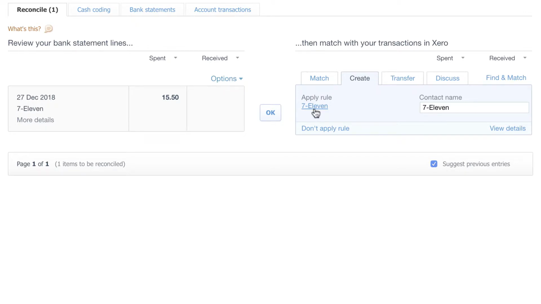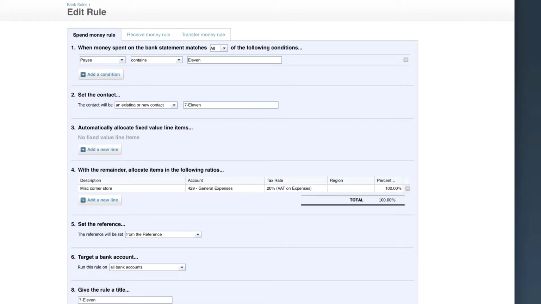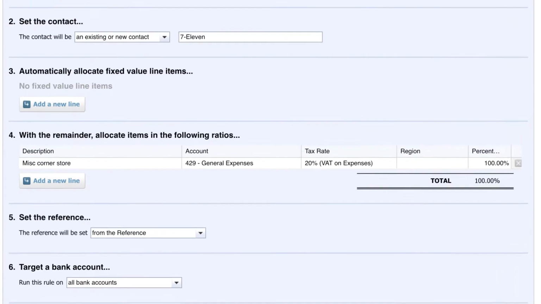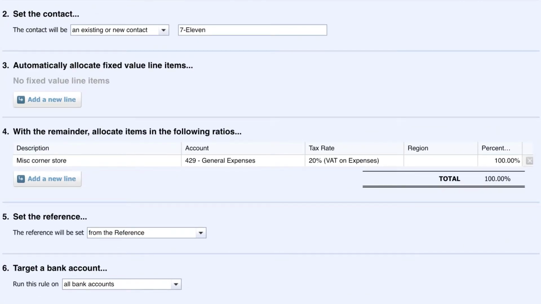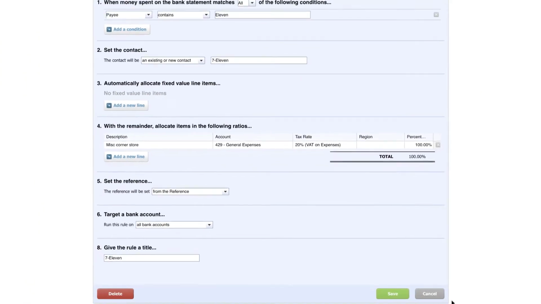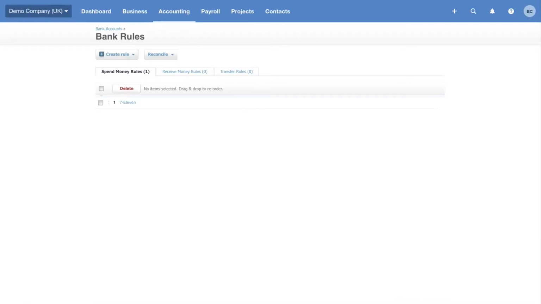We're going to use a bank rule to capture the transaction, so every time that we go to 7-Eleven, we will tell Xero how we want it to deal with the transaction in our accounts. We need to enter the description that we want, the account code we need it to go to, and, if any, the VAT rate. You can set up many different bank rules, and there are 3 types: spend money, receive